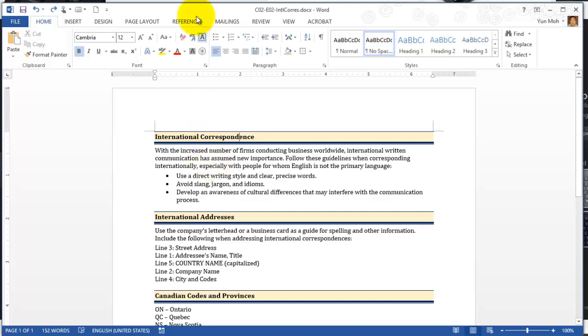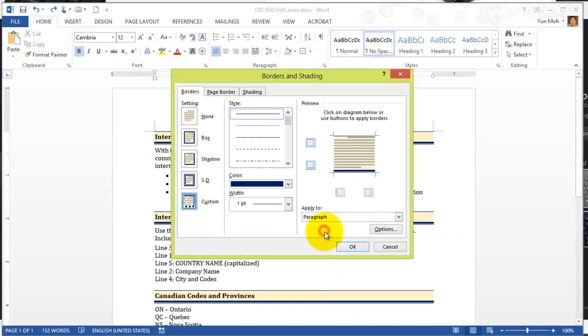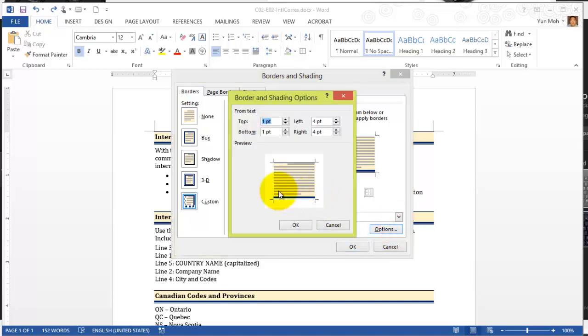And let's go to the border buttons, and then click on borders and shading. And with the borders tab selected, you'll find the option button right here at the bottom right corner. Go ahead and click on option. So that will give us the options to